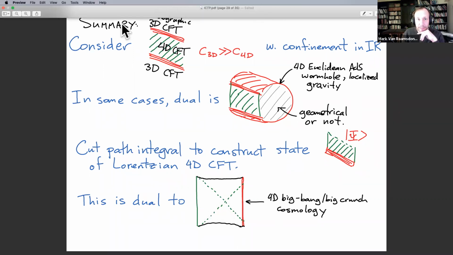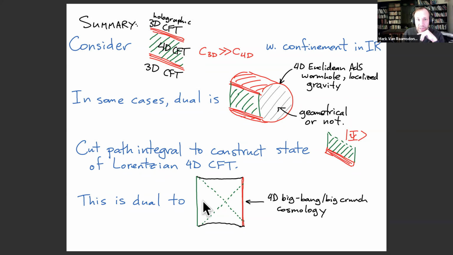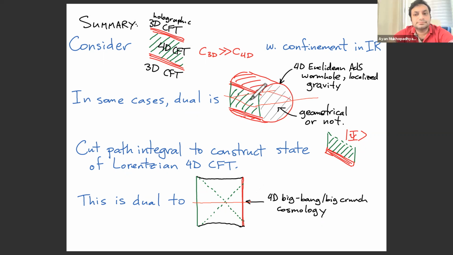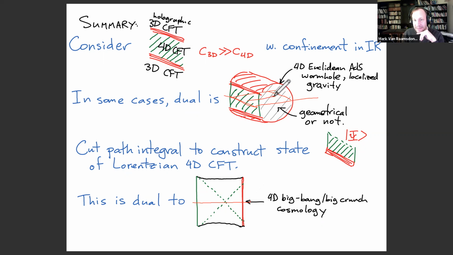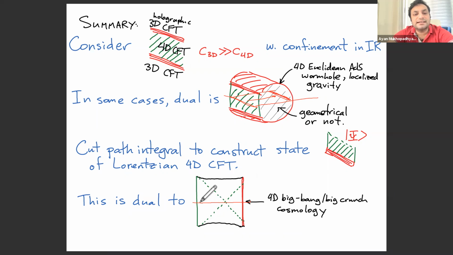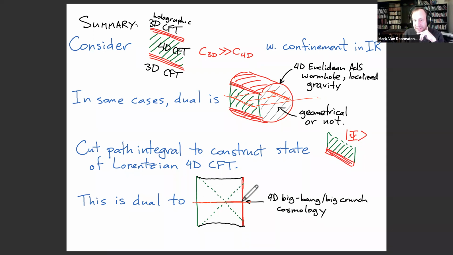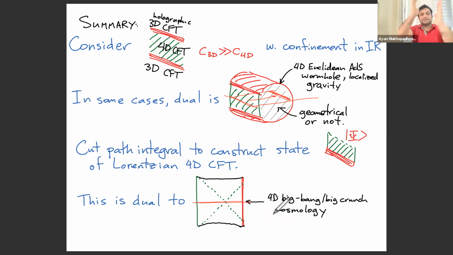The thing that is the same is this slice here. That's a spatial slice of a time-dependent geometry that agrees with this slice here. If I take this slice in the Euclidean geometry, it's got an asymptotically AdS region, and then as I go in, eventually I get to the end of the world brane. Okay, I understand. So that is now the initial data here. Now I understand. So it's like two halves.